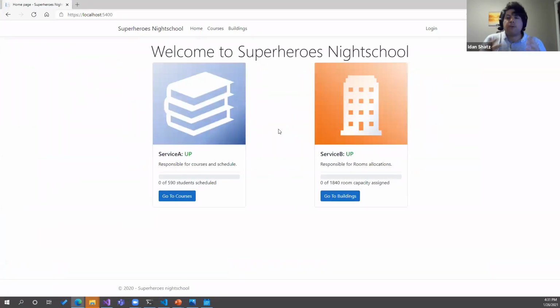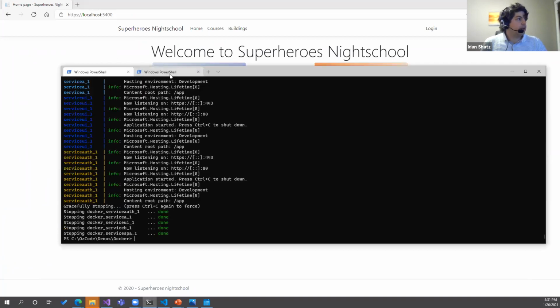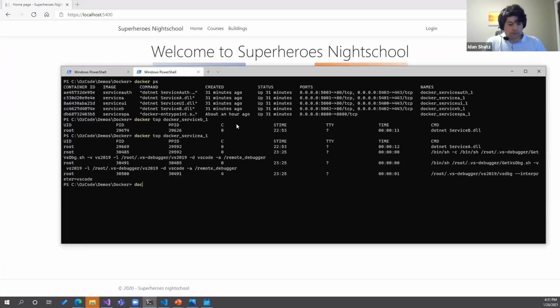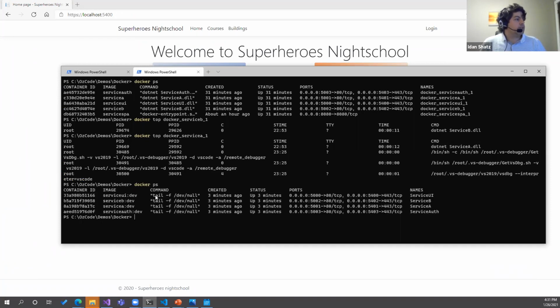So how does Docker Compose actually work and how does it boost your productivity by running things faster? Now, this is really, really interesting because if we do another Docker PS here, there are several things. You can see here that the images were service auth, service A, service UI, and the command that it's running is actually tail -f, which basically tells it, just keep this container